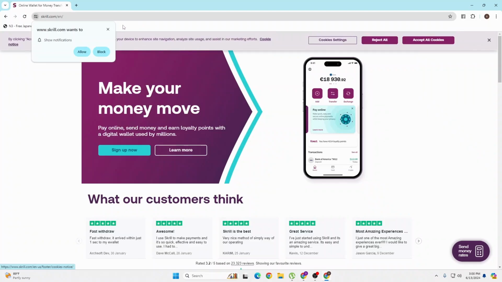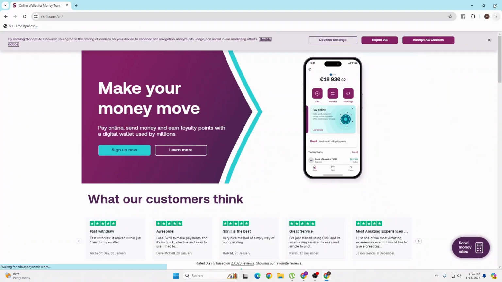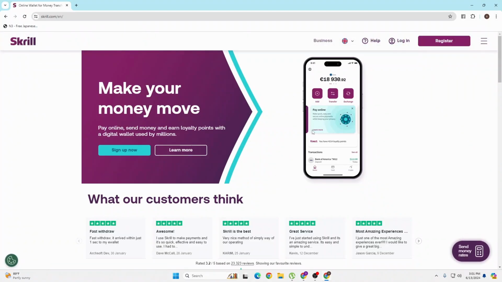So over here guys, we are on the home page of Skrill. Now in order to log into your account, you will be able to see a login button over here at the top right corner of your screen where it says login, just beside the register button. Click on that login button,